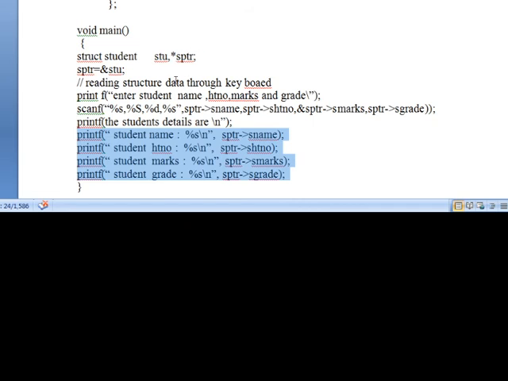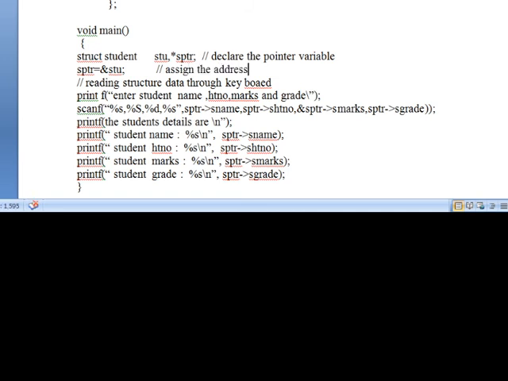When you want to use the pointer concept in programming, there are three steps you have to follow. First, declare. This is the declaration part. Declare the pointer variable. Here the pointer variable is the structure pointer, of structure type. Next, assign the address. Second step. Assign the address.